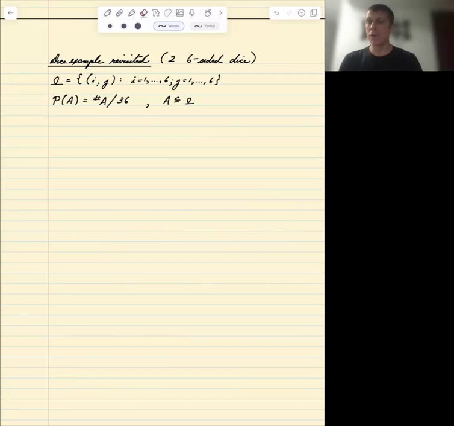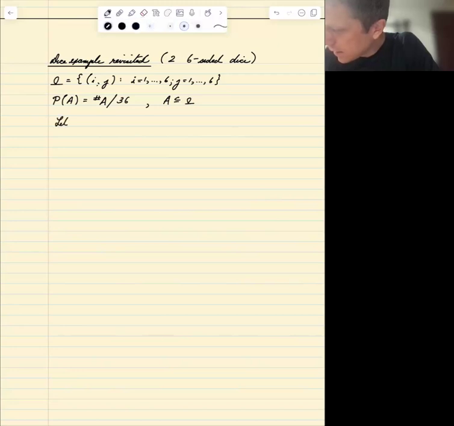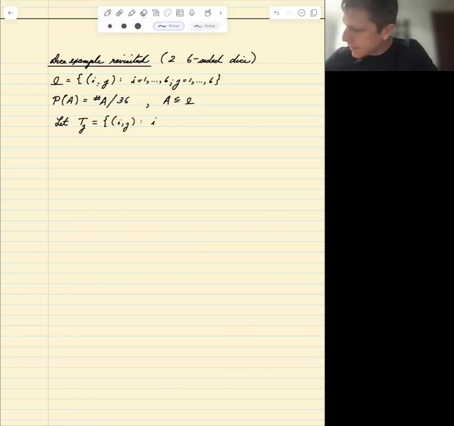But really what you care most about in most cases is the sum on the two. So let's define T sub j to be the event that the pair of ij such that,